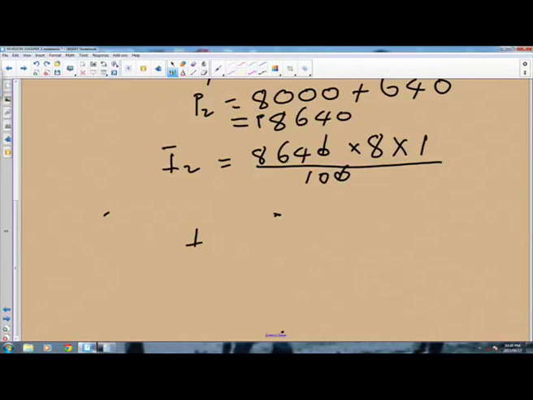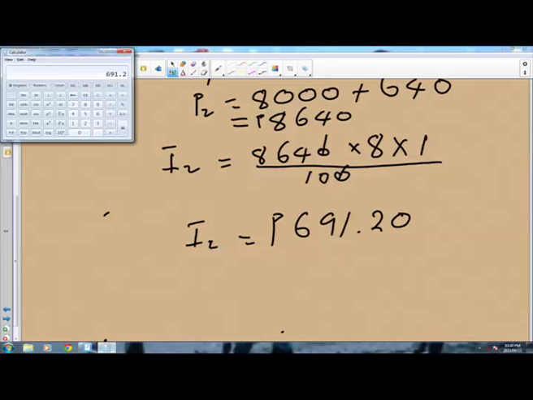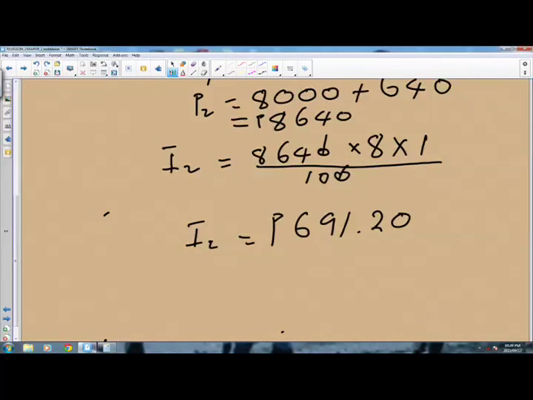The interest for the second year is 691 pula 20 tebe. This is the interest for the second year. Yes, it's 691 pula 20 tebe. So this is the interest for the second year. But the question says you are to find the amount, that is the balance in the account at the end of the second year. So how will you find the amount in the account at the end of the second year? It will be